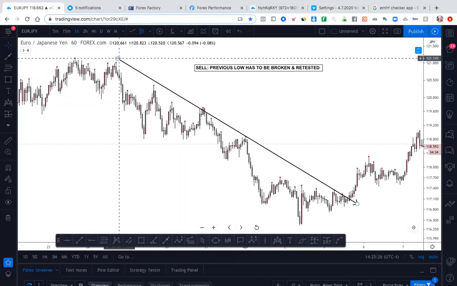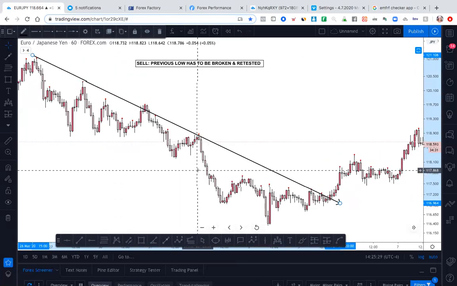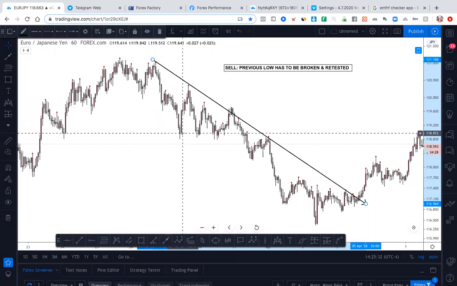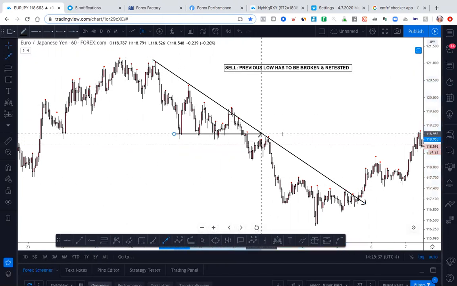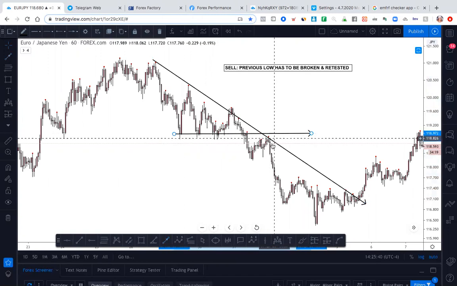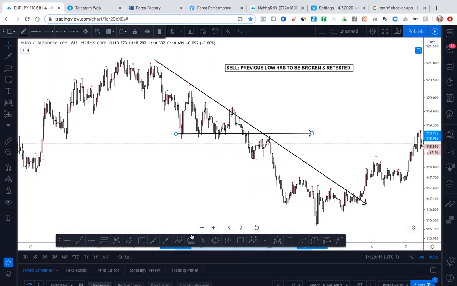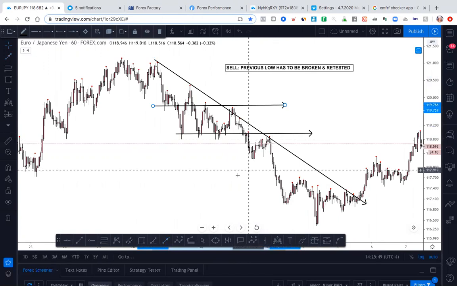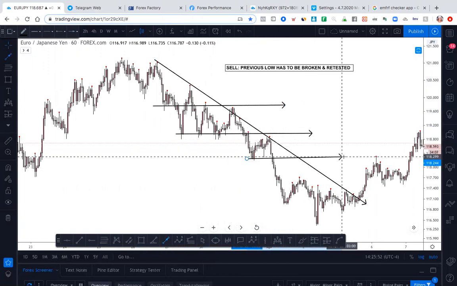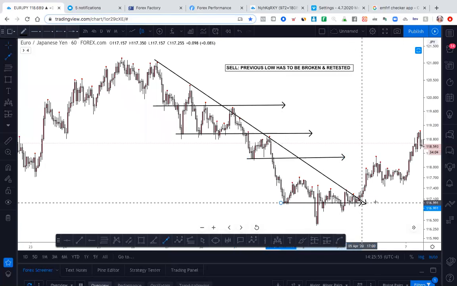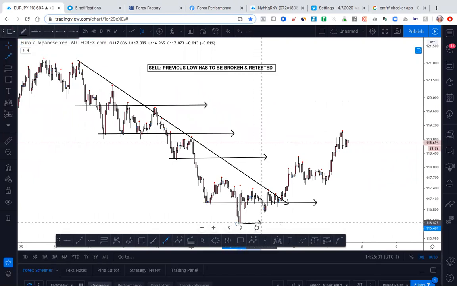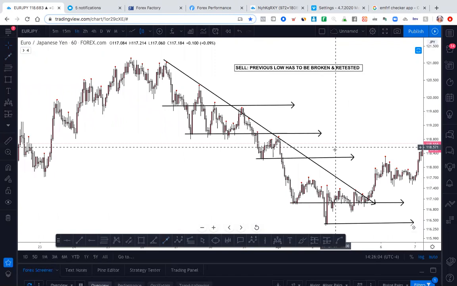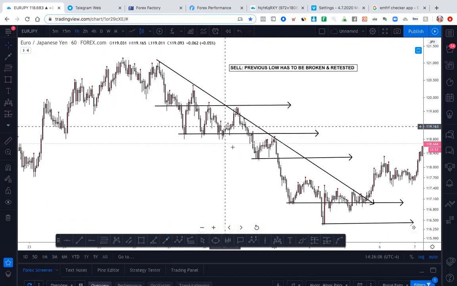So what I'm going to do to identify the lows here is draw some arrows. This is a high and this is a low. This whole move, this is a high and this is a low. I'm going to draw an arrow around this low. I'm also going to do one around this high and this low, excuse me. This is a low. And then this is a low. And this is a low. So what's going on here is the market is in a downtrend due to it creating lower highs